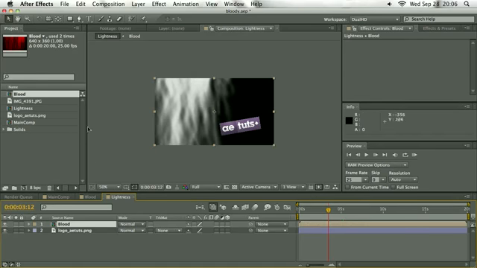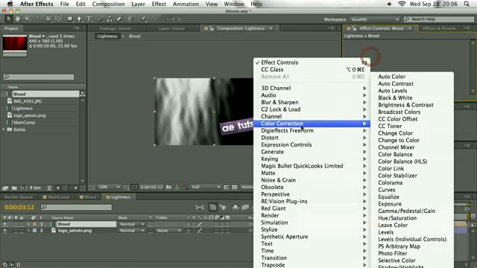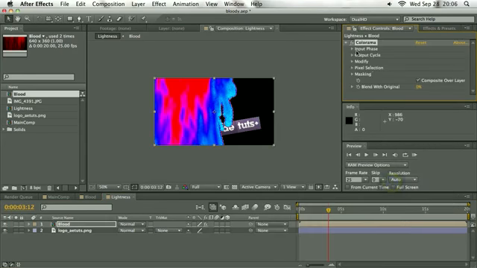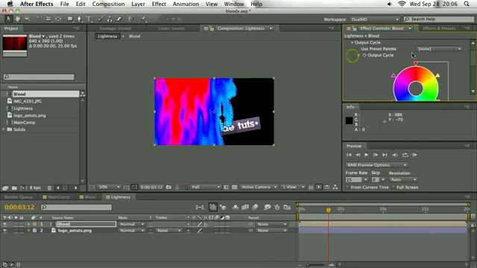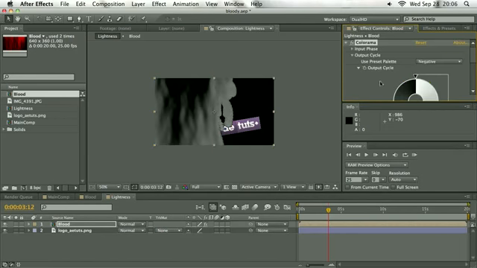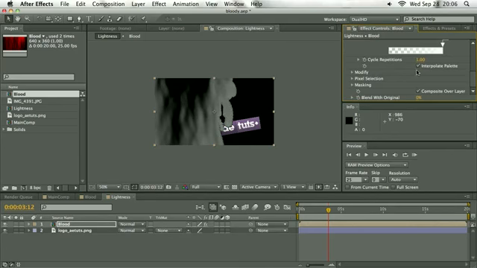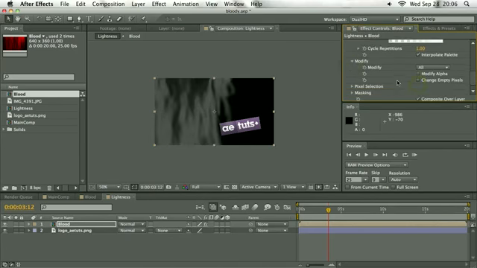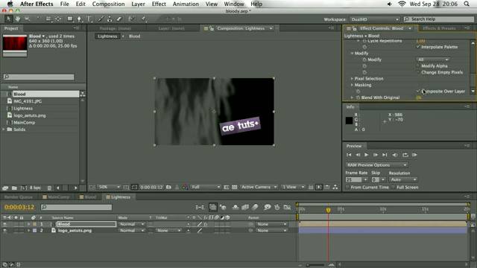But so again, I'll use the color correction Colorama here, and again the same settings but a bit different presets. I'll select the negative from the presets, and again modify alpha out, and also take out the composite over layer. Okay,